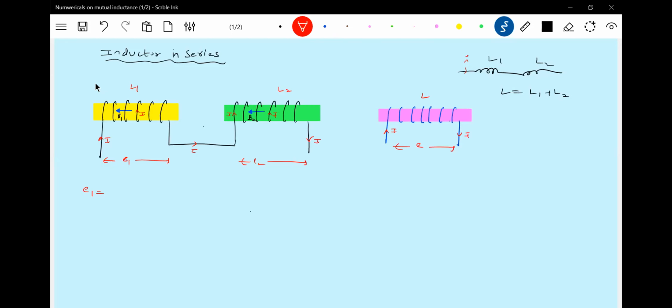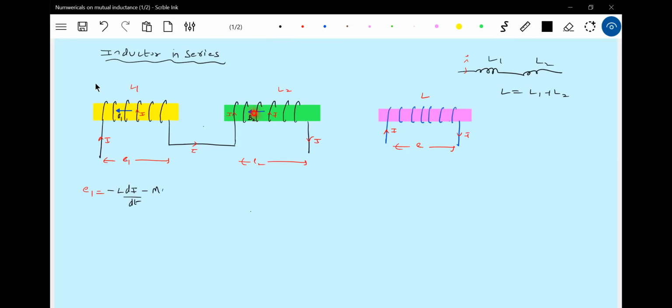L is what we have to calculate, that effective inductance here. Now let me define first E1. What will E1 be? Due to self-inductance, with varying current, the EMF induced will be L di by dt. Then due to mutual inductance, M into di by dt. There are two things here: the EMF induced due to self-inductance,